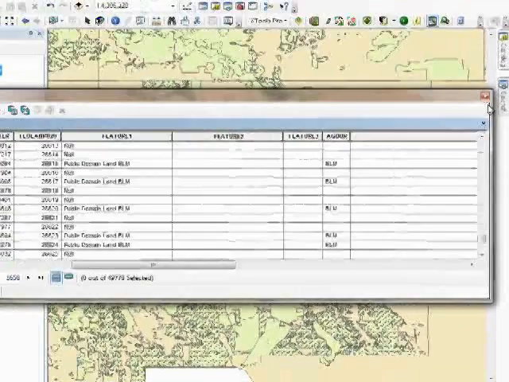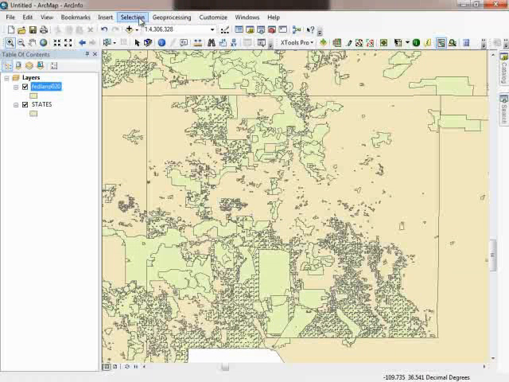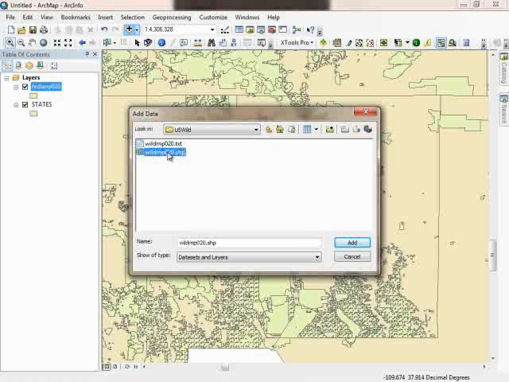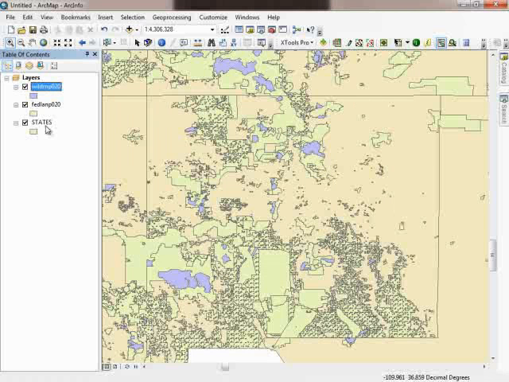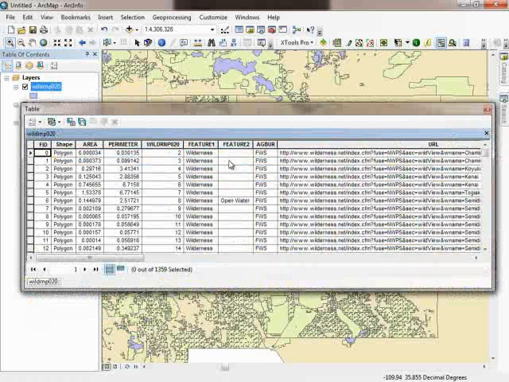So to be safe, I'm going to go ahead, and this gives me a good feel for the distribution of the federal areas. And if you were working with one of the areas that's not a designated wilderness, then you would need to find it in that federal lands layer, because you won't find it in the wilderness layer. But since the Gila is already a wilderness, let me go ahead and add that wilderness layer here. And I'll add that, and you can see we've got a lot fewer of those when we zoom into that area. Now let me open that attribute table, and you can see we've got for Feature 1,